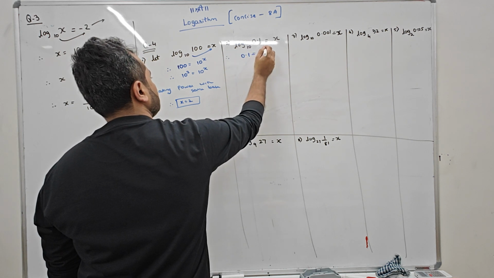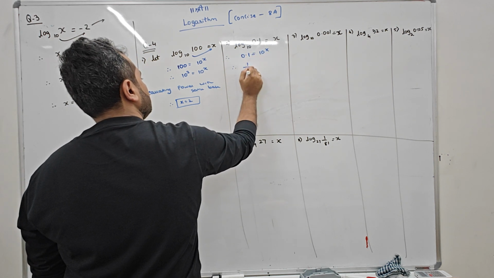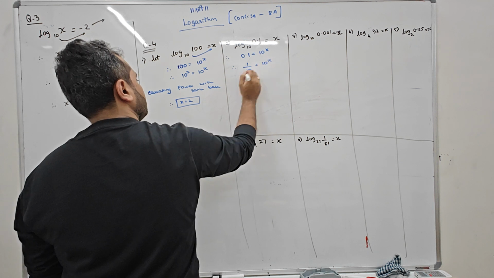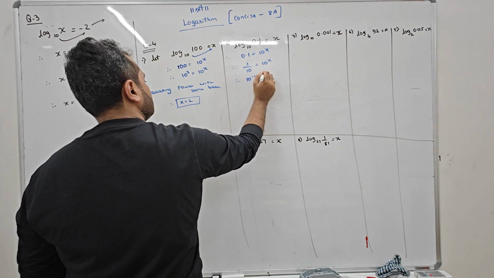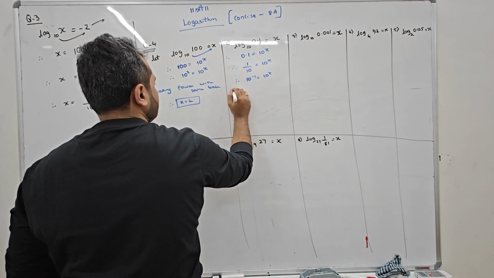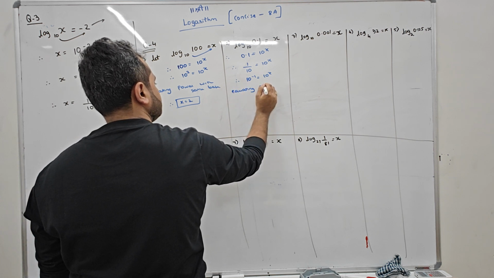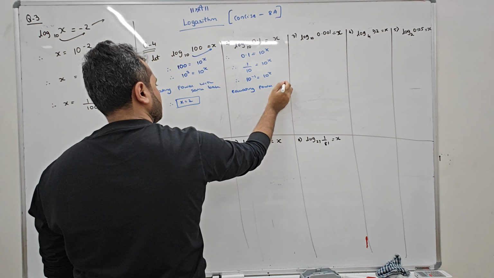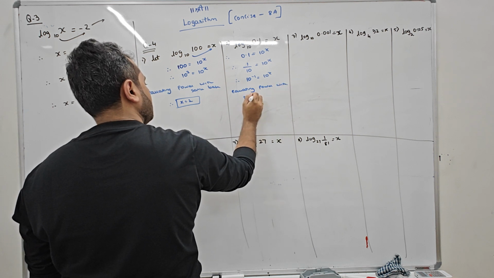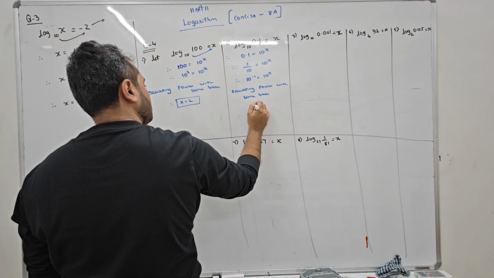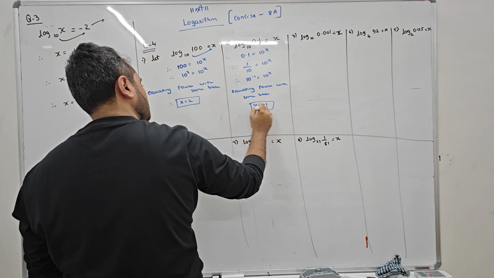0.1 is equals to 10 is to x. 0.1 is 1 upon 10, which is 10 raised to minus 1 is equals to 10 raised to x. Equating power in the same base. ठीक है बेटा,